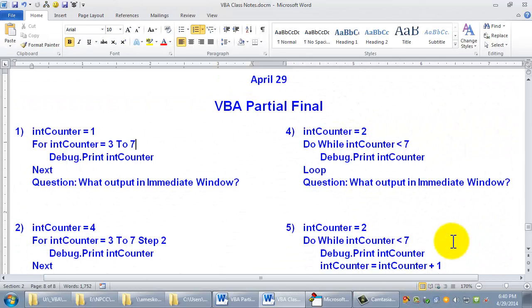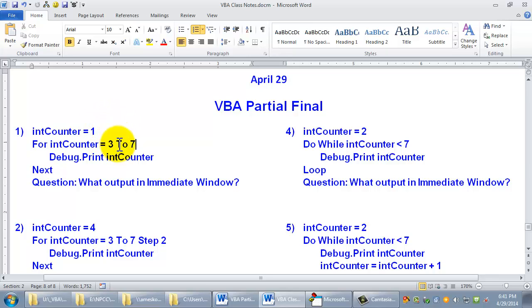Tonight we're taking a look at some other things that'll be on the final exam. This part of the final exam will be strictly pencil and paper. You'll be able to use your book and notes, but not the computer to verify the results. And for instance, this question would say, assuming that all the variables have been dimensioned properly,